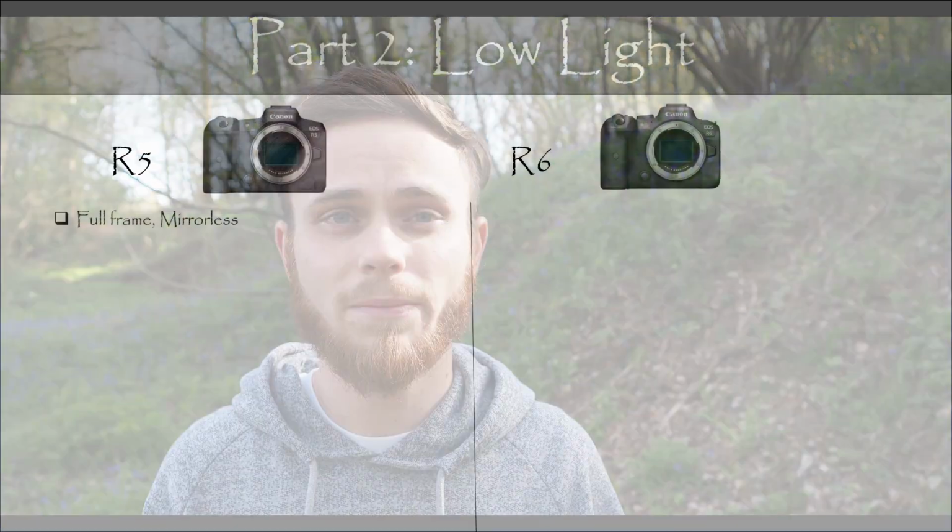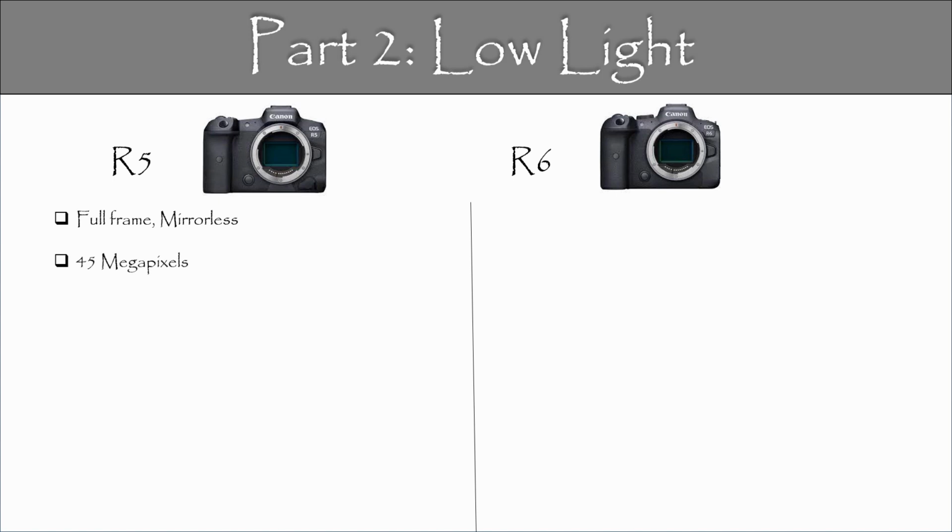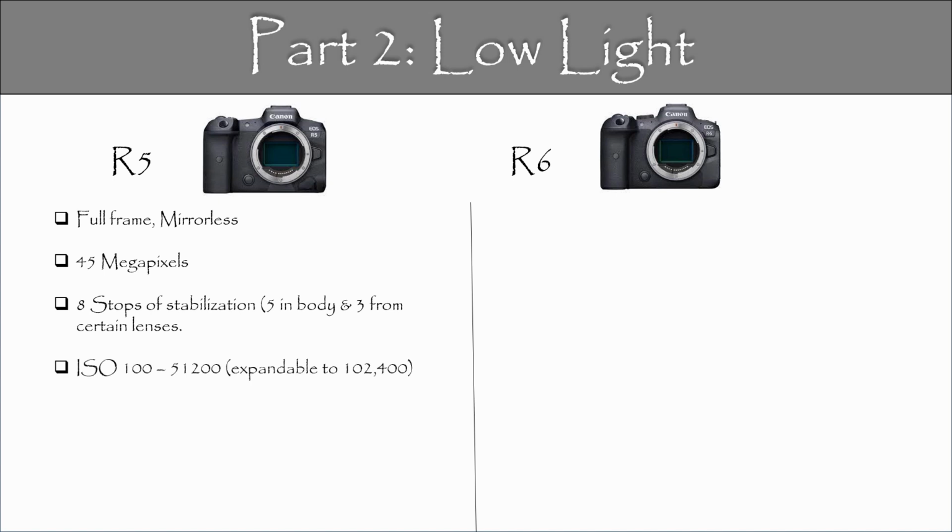So the R5's low light capabilities: it is a full frame camera with a 45 megapixel sensor. It has up to 8 stops of stabilization, 5 from the body, and then you can get an additional 3 from certain lenses. Its ISO ranges from 100 to 51,200, which can be expanded to